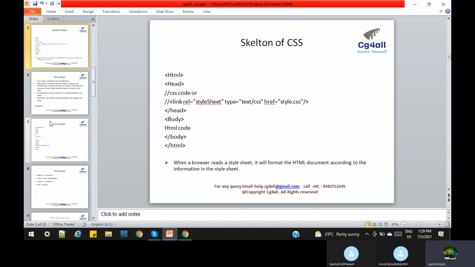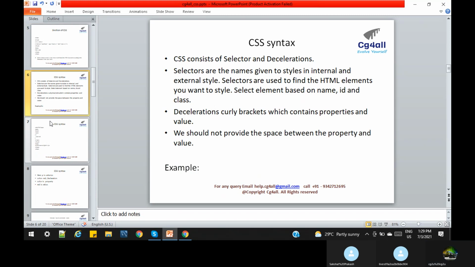Basically, any CSS will be part of the head in general. Either we explicitly write the CSS code in the head part, or we refer to a file, and in that file we write the CSS code. We already know that, and we will understand it now. Second thing, what is the basic syntax of the CSS code? CSS consists of selectors and declarations. So let us open an example and then we can learn easily.